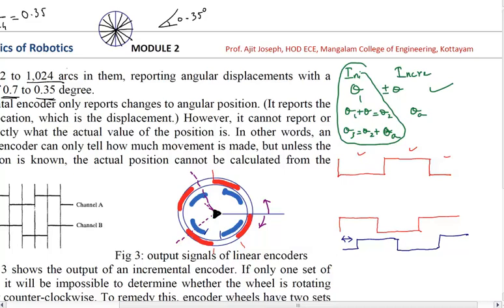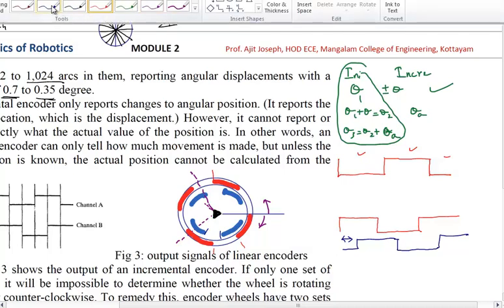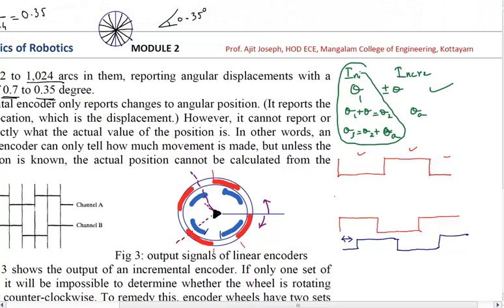Whereas what about the blue? The blue one is going to look, first it is going to be opaque, and then in between it is going to become transparent, and then in between it is going to become opaque again. So in between it becomes opaque, and then it remains opaque for this much duration, and then it is going to become transparent.